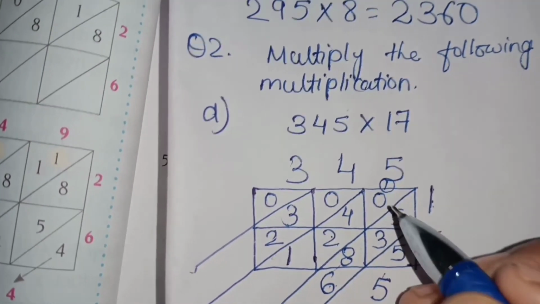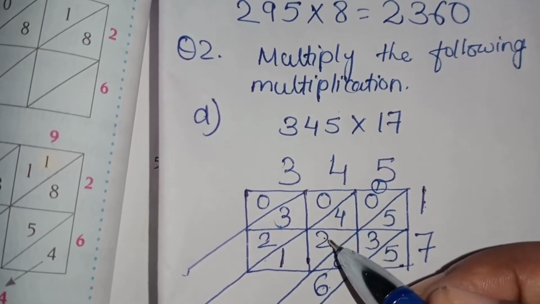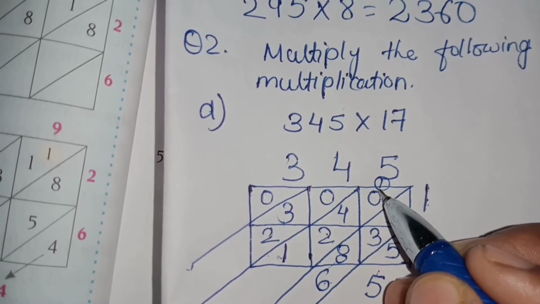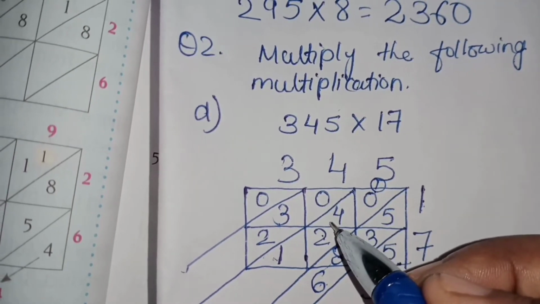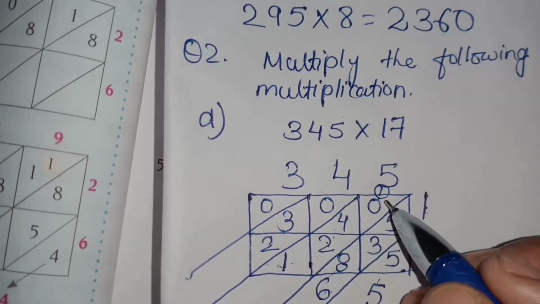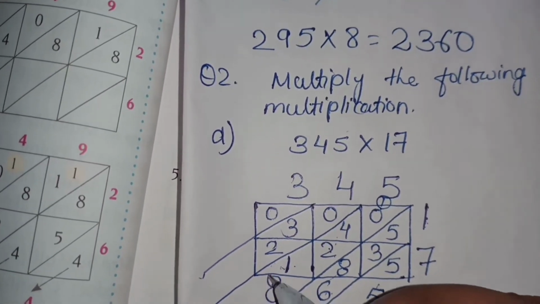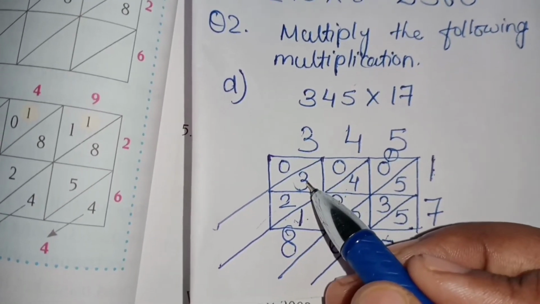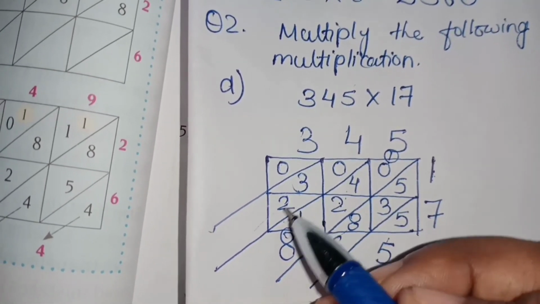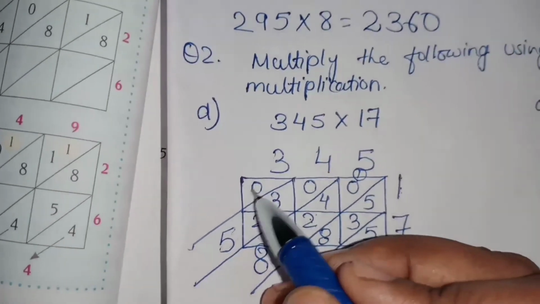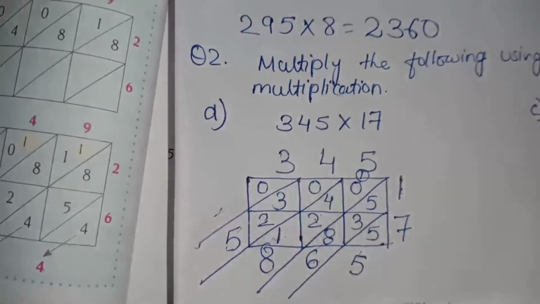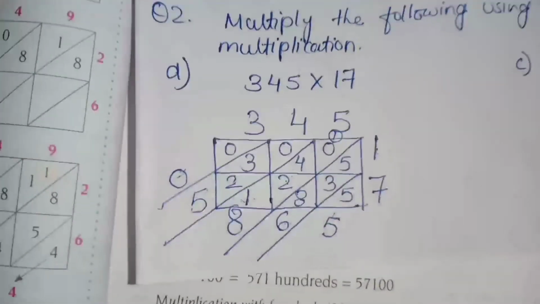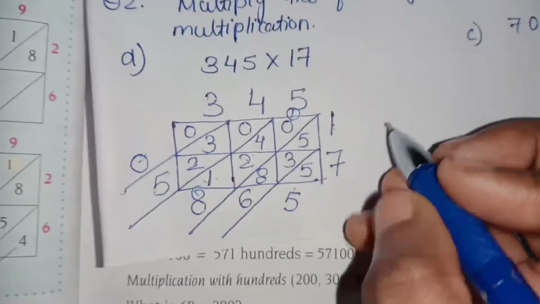Now let's add 4 plus 2 is 6. 6 plus 1 is 7, and we have to add this carry 1 also, so it will be 8. 4 plus 2 is 6, plus 1 is 7, plus 1 is 8. So write here 8. Now in this triangle, 0 plus 3 is 3, and 3 plus 2 is 5. And this one is 0. If you want you can write it, otherwise no need. If you write it here it's okay so that you will not get confused, but when you write the answer there is no need to write it.